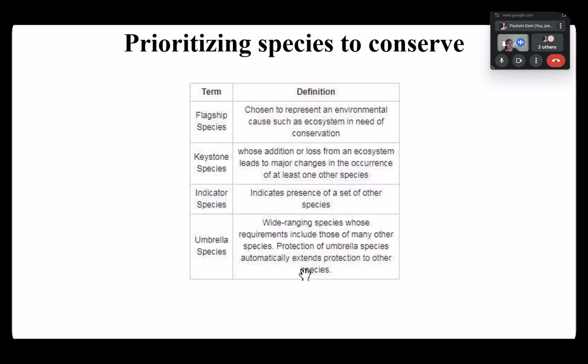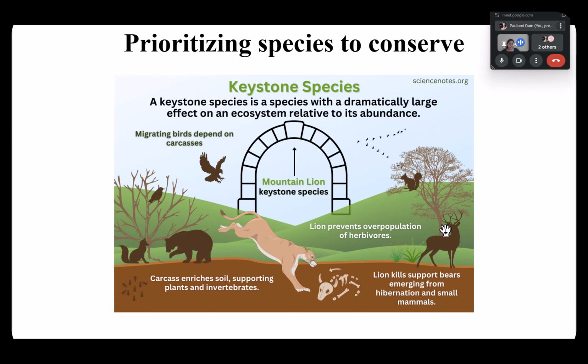Now if it is moving in such a large extent, there are many animals that will also come in that part of the land, and they will automatically be protected because of the same features that we are applying for the umbrella species. So umbrella species protection is, as I said, definitely one of the most important features. But that does not mean that keystone species are not important, because you might have an umbrella species but if the keystone organism is not there, that might lead to the disruption in the ecosystem stability, right? So this is what a keystone species is.